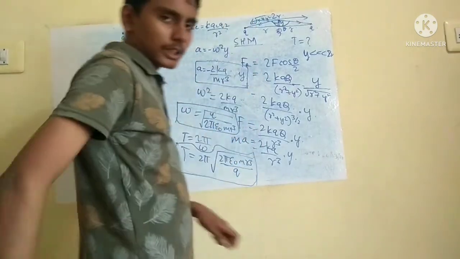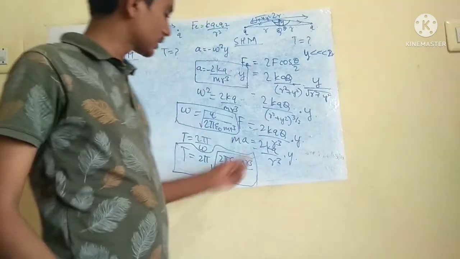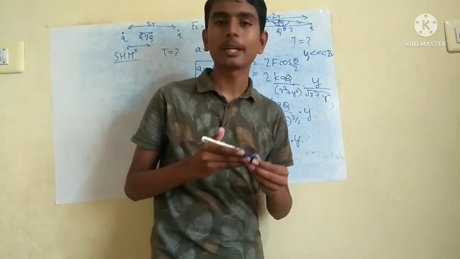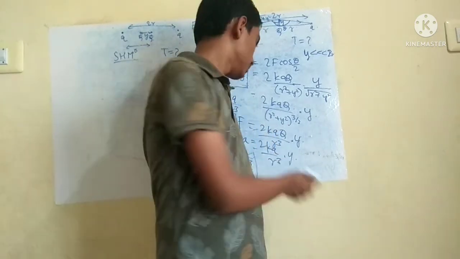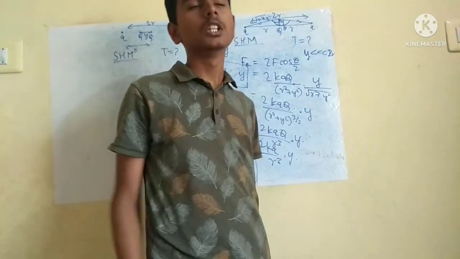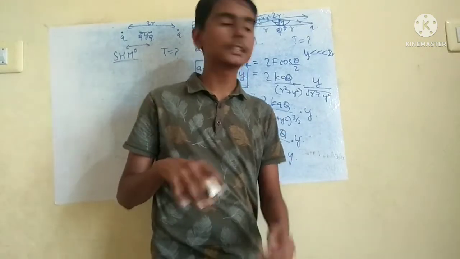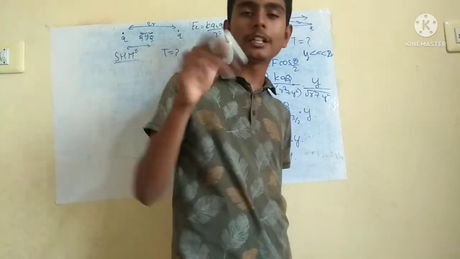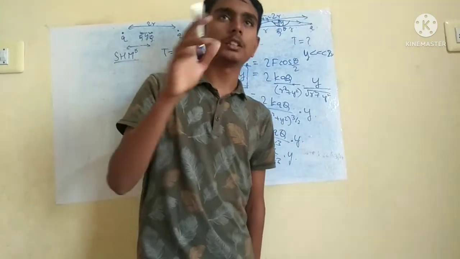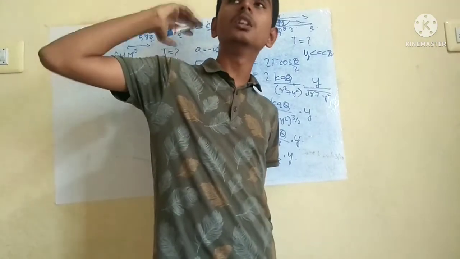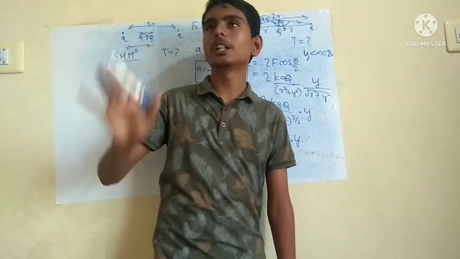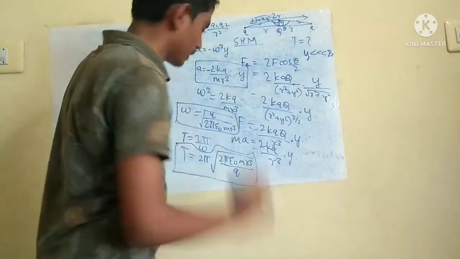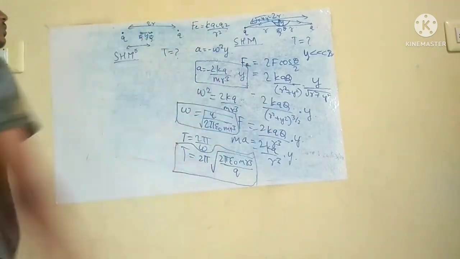Okay, they will ask in competitive exam, they will give the cases like this and they will ask the time period. You have to calculate, first you have to calculate resultant force, then divide it by mass, then you will get acceleration. You can induce minus sign because force and displacement will be in opposite directions. Then equate that acceleration equation to A is equal to minus omega square y, you will get the value of omega square. Then take omega square and find time period using this formula 2 pi by omega. If you want, you can write down.